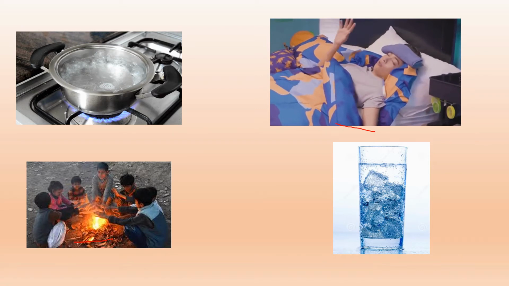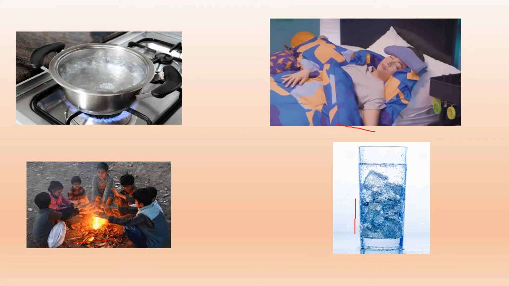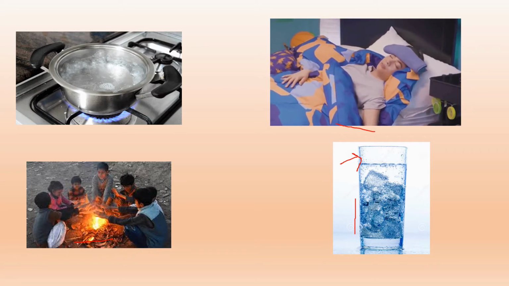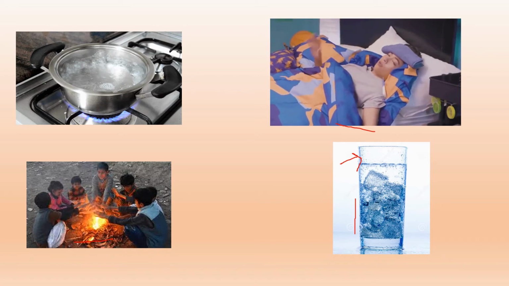And in the fourth example we can see that there is water in the glass with ice cubes, and we can see the droplets of water on the outer surface of this glass, as we can see in this picture. Now there are water droplets because of the change in temperature. The temperature around the glass is less compared to the ice, and that is why water droplets are formed on the outer surface of the glass. So in these four examples, what do we understand?